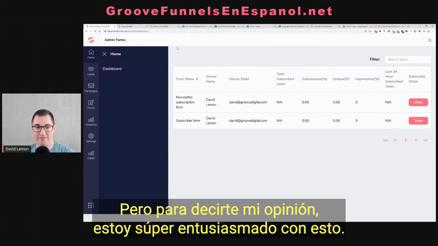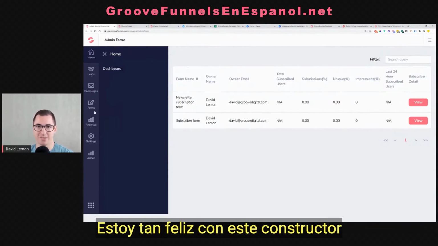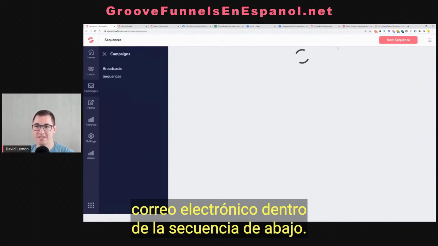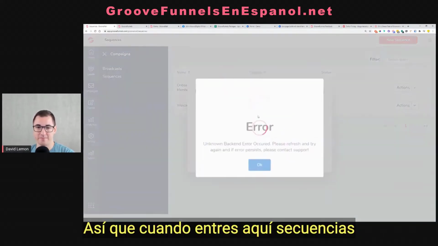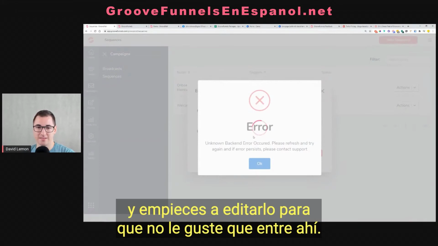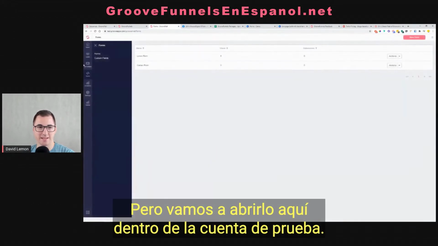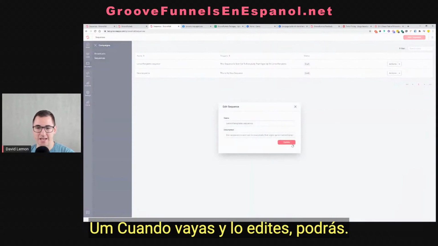But just to tell you my feedback, I'm super stoked about this one. I'm so happy with this sequence builder. I cannot tell you. And the fact that you can build out your email inside the sequence builder. So when you go in here, sequences, and you start to edit it, okay, so it doesn't like me going in there, but let's just open it here inside the test account. When you go and edit it, you can